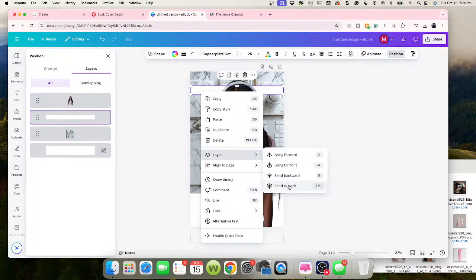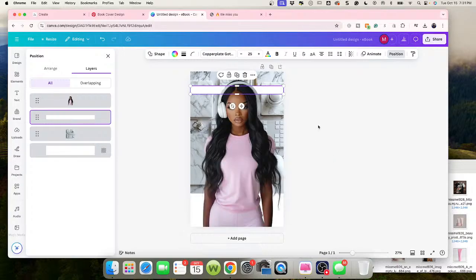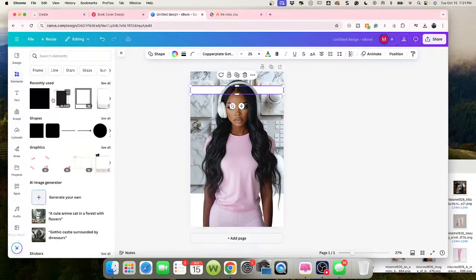The difference between these is if you bring it forward, you're bringing it one layer at a time. If you bring it to front, you're bringing it all layers, all the way to the front. If you send it backwards, you're sending it one layer at a time. If you send it back, you're sending it all the way to the back. So we didn't send this all the way to the back, because if we did, then we wouldn't see the background with the marble white and all of that stuff. So it's good here. And now I'm going to create another shape,